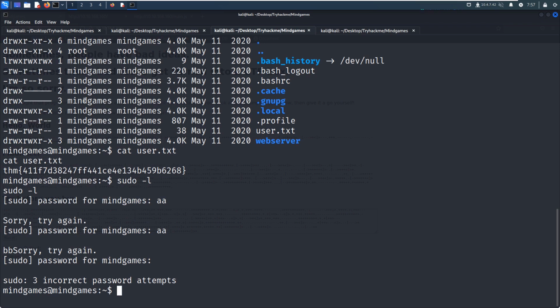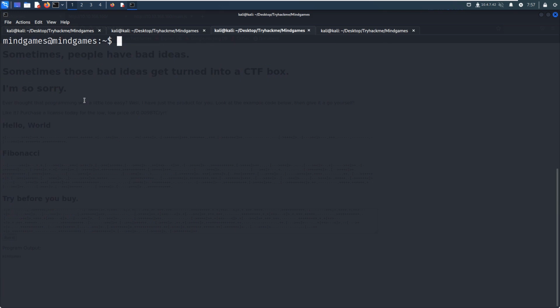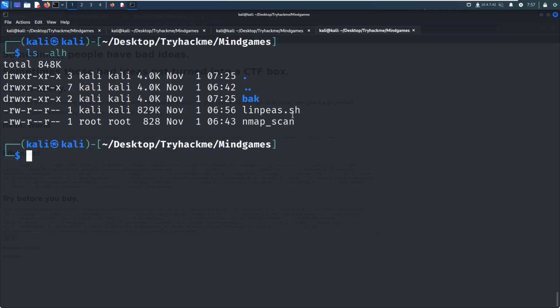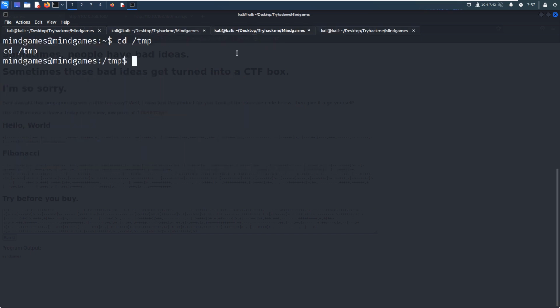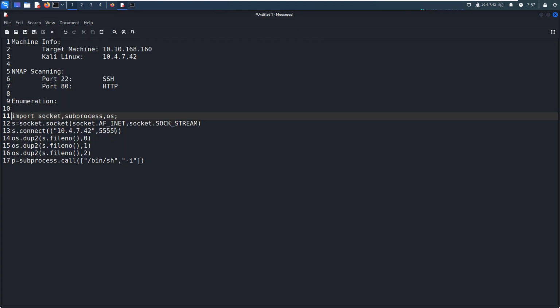Okay. And also, I think we can upload the linpeas shell script to perform automatic enumeration. I think I've already got this script ready. In order to upload this file or this script to the target machine, we can set up a web server on Linux. With Python 3, the module is http.server. And then we can use wget to download it from the perspective of